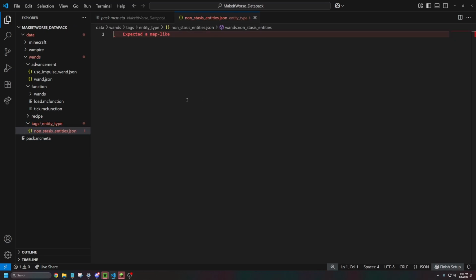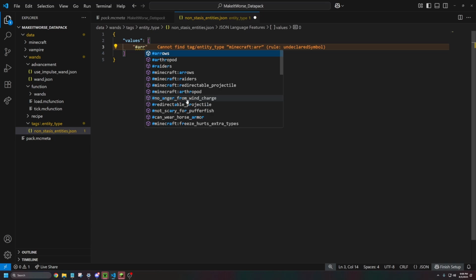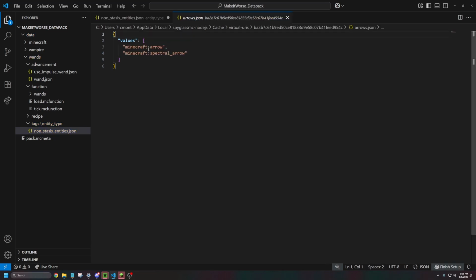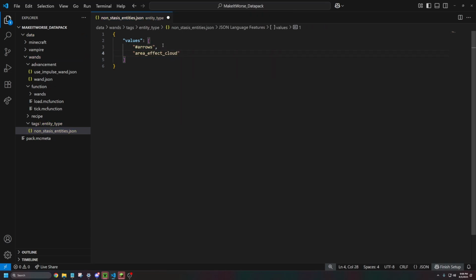A map like is just a set of curly brackets, and inside of that, we're going to put in values followed by a colon and a set of square brackets. And inside those square brackets, we're going to add a bunch of things. These are going to be all the different entities that we do not want the stasis wand to affect, such as the number sign, arrows. This means that it is a tag for arrows, and that includes arrow and spectral arrow, area effect cloud, block